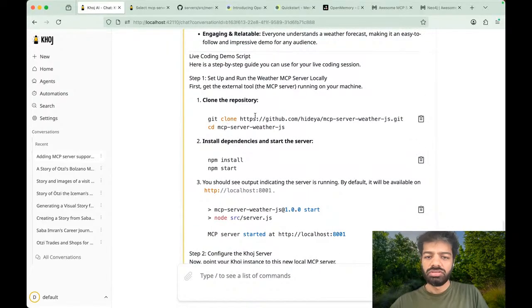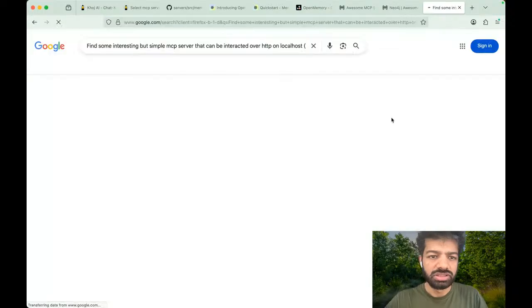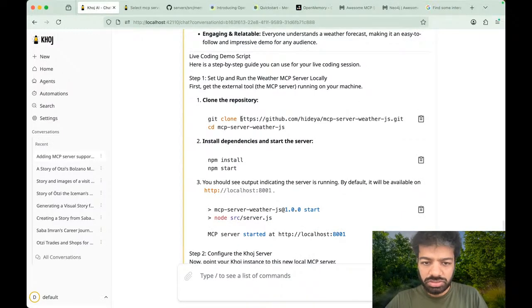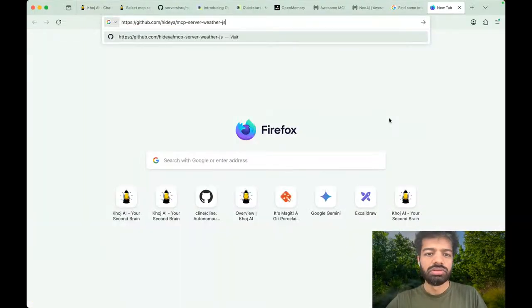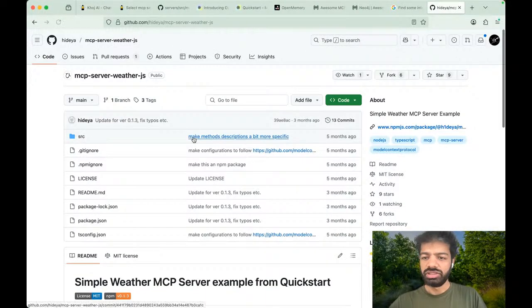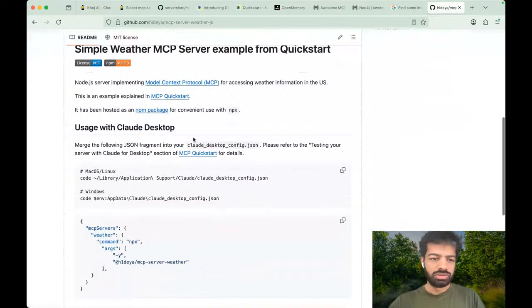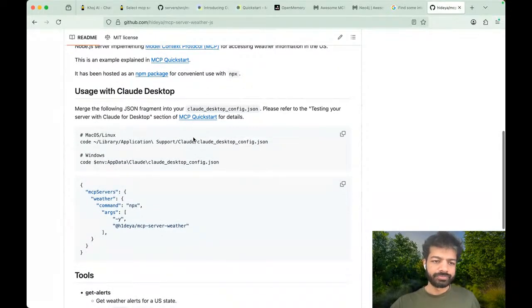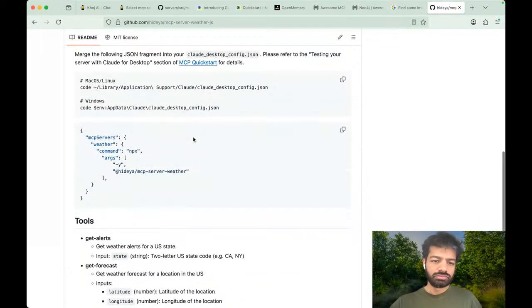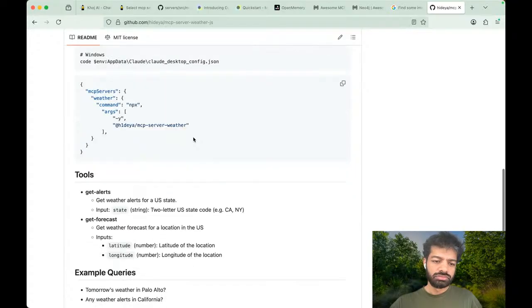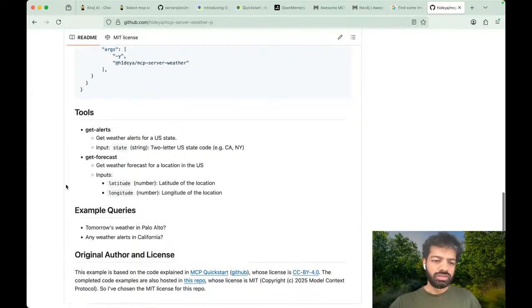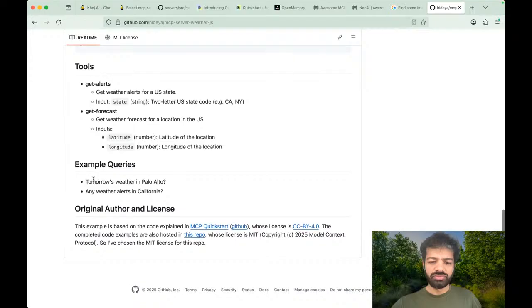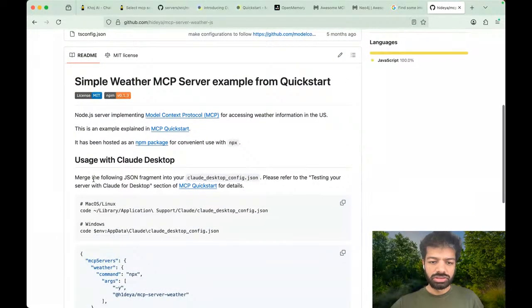Yeah, this maybe sounds more promising in terms of simplicity, in terms of being simple enough and over HTTP server, blah blah, and then okay, these are the two tools it exposes. Again, we don't particularly need to build this into code, but